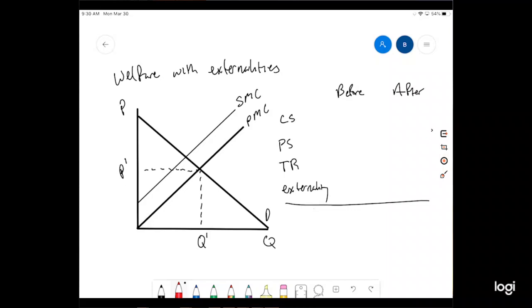we have not taken care of the externality, then the market is going to set private marginal cost equal to demand, or marginal benefit. So the quantity consumed would be Q prime, and the price paid would be P prime. So this is if we had not internalized the externality. What happens if we